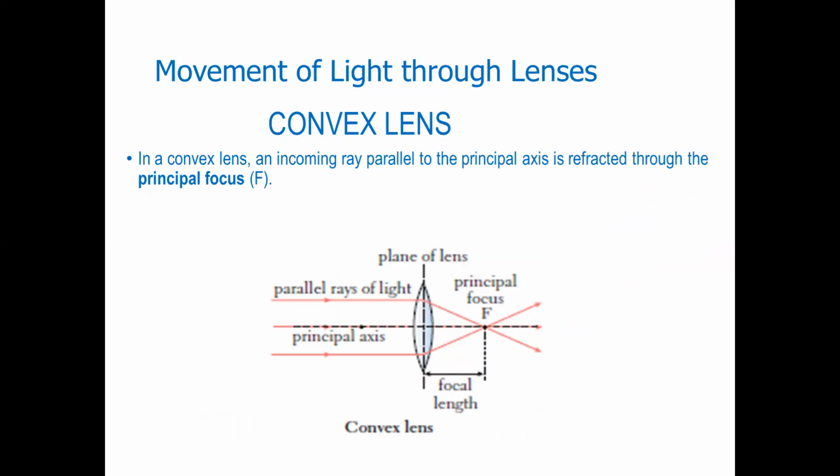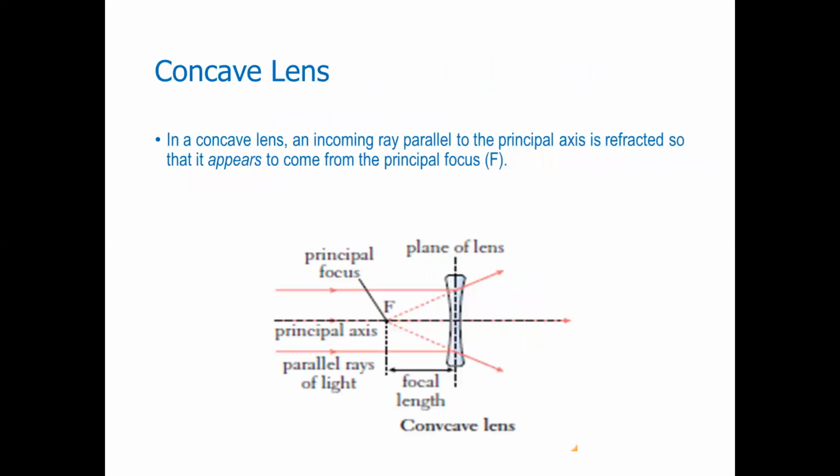So if the ray is incident parallel to the principal axis, then the ray will be refracted through the focal point. Okay. In case of a concave lens, an incoming ray parallel to the principal axis is refracted so that